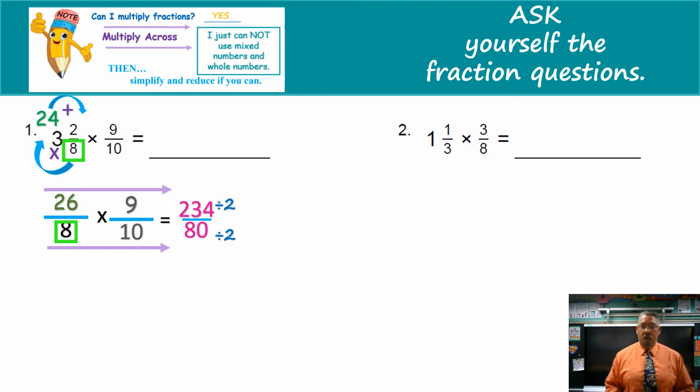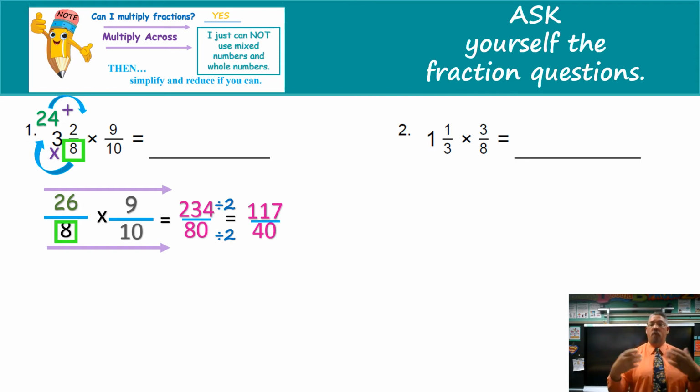So if I simplify first, then I know they're both even and 2 will go into both of them. So 2, if I don't know it off the top of my head, which most of us don't, we pick up our calculator, we divide 234 by 2. Once again, 234 gets typed in first, and then I get a numerator of 117. 80 divided by 2 should be rather easy. That's 40. I don't see anything else that will go into both of them, so now I'm just going to